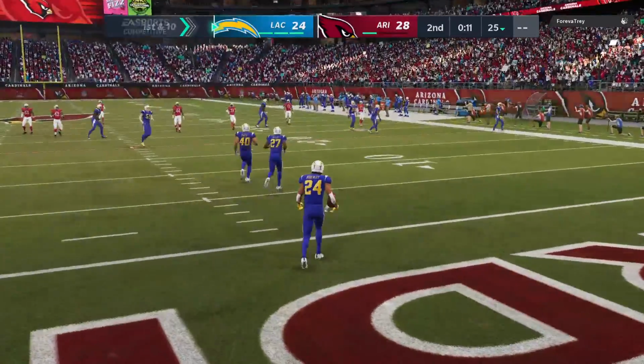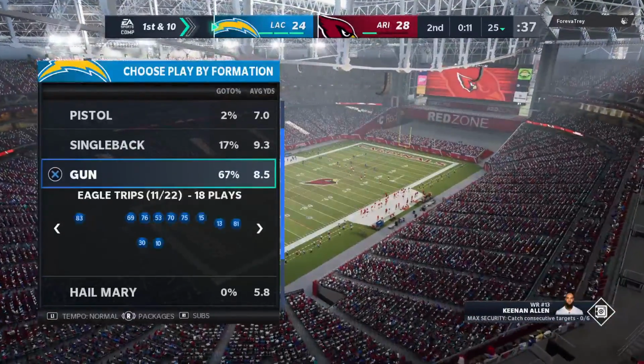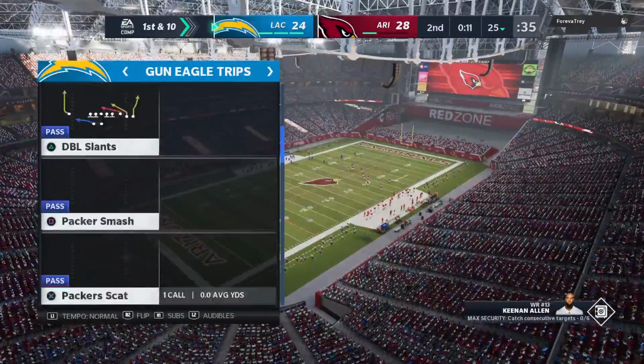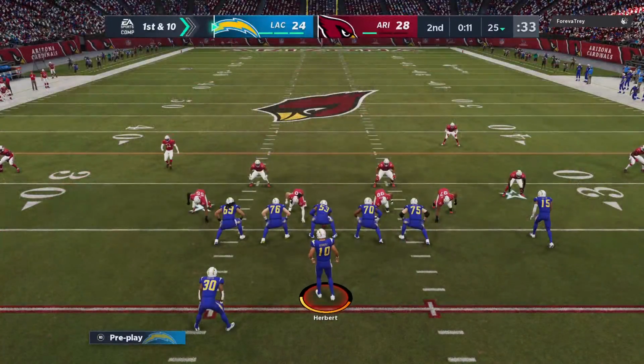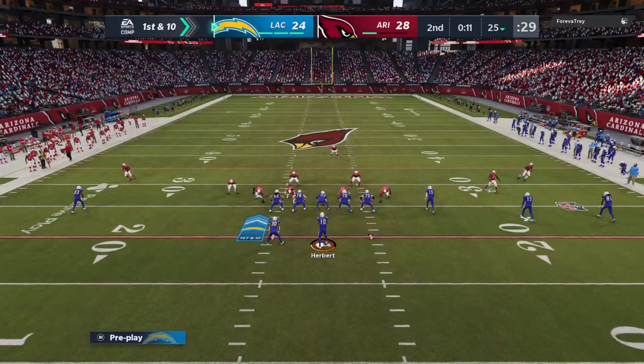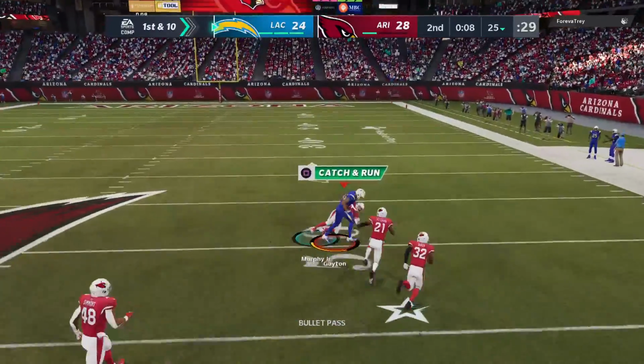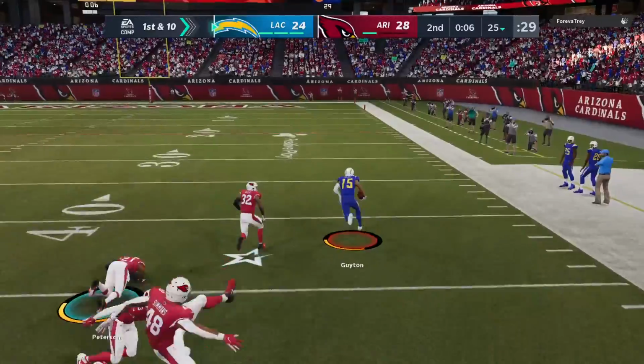Fair catch made at the 25-yard line. The Chargers take over 1st and 10 at their own 25-yard line. The Charger drive about to get going. And with time quickly fading here in the second quarter, not sure how aggressively, offensively they want to play this. I think we'll find out just how much they...